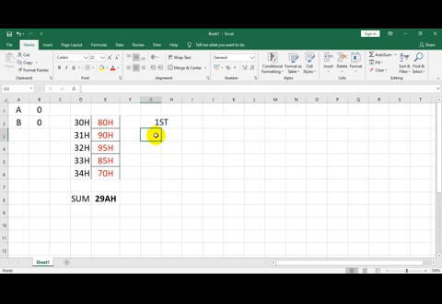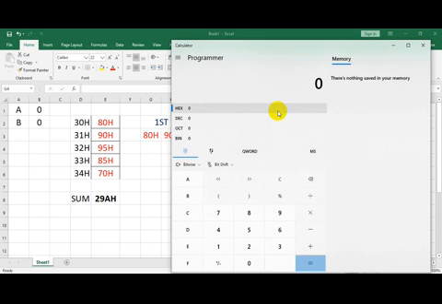Let us see that. So first is 80H plus 90H. When you add these two, what is the result you will be getting? Let's see in the calculator. 80H, I have kept the calculator in hex mode, plus 90H. So you are getting 110H.